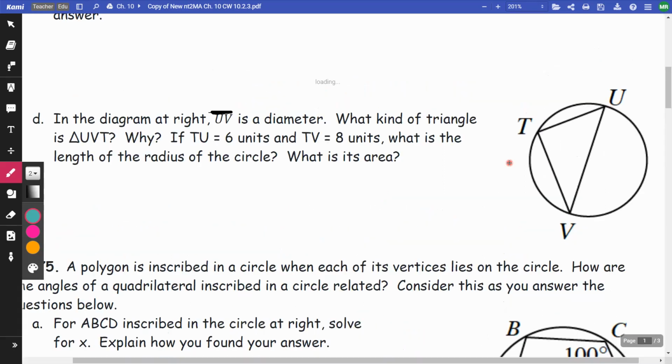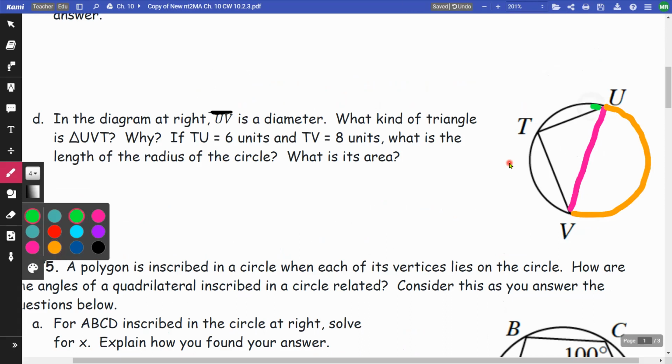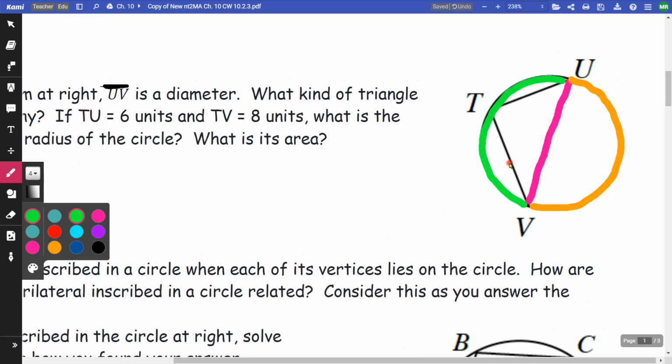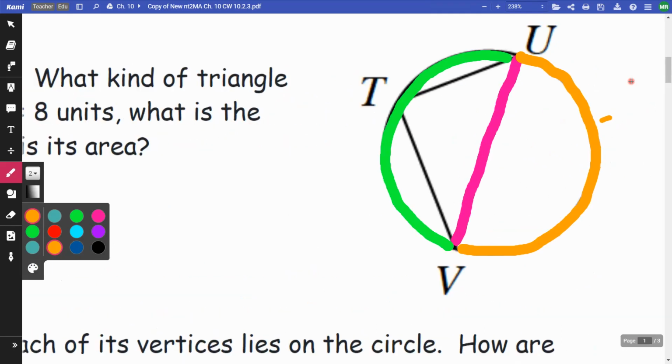So if this right here is a diameter, that means that it's cutting this circle in half. Now the half I'm concerned with is this side over here, and since it is cut in half,